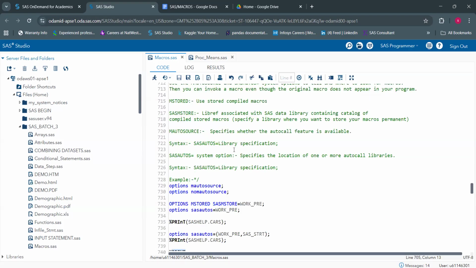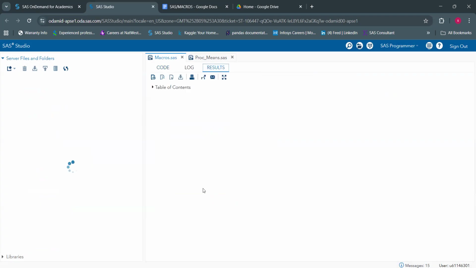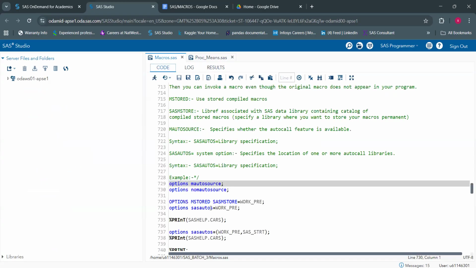These will help to call the respective macros. mautosource tells you whether the autocall feature is available for a particular library or not. Once you enable the autocall feature with options mautosource, then post that,